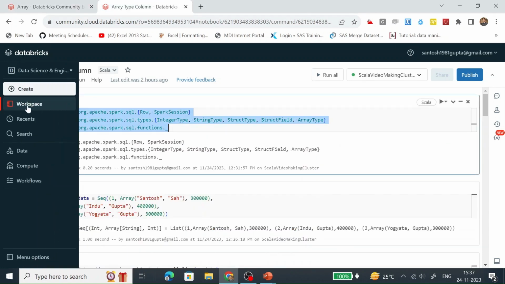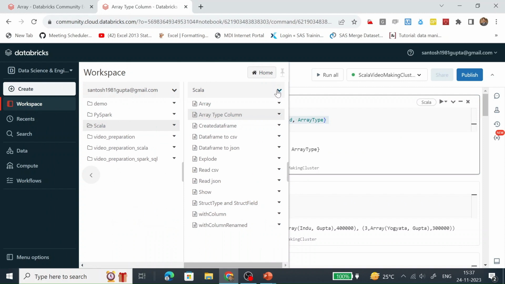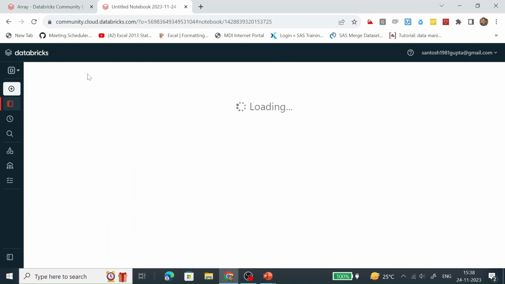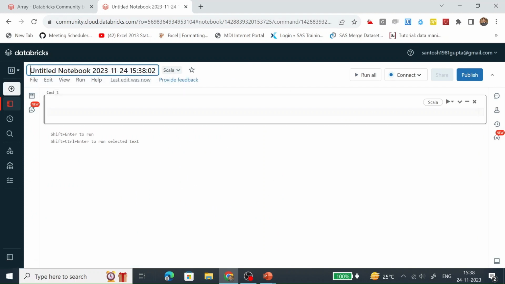Let's create a notebook. Name it array contains. Connect this notebook with our running cluster.